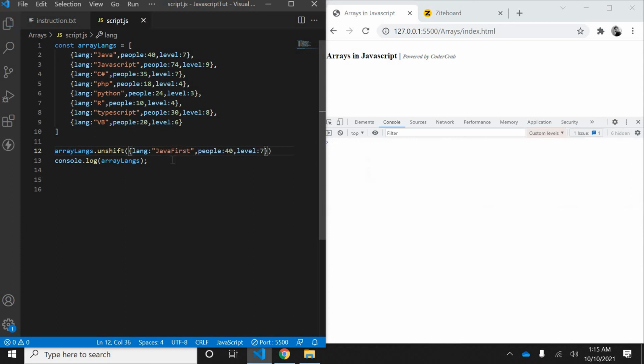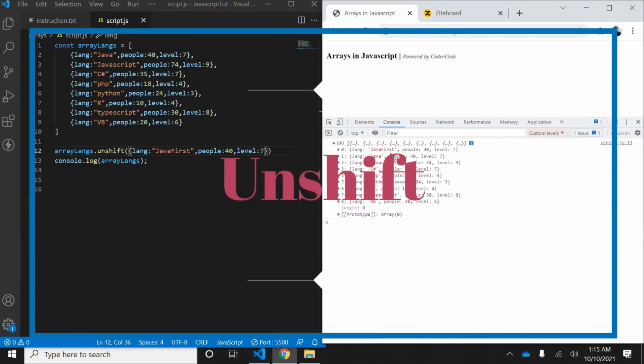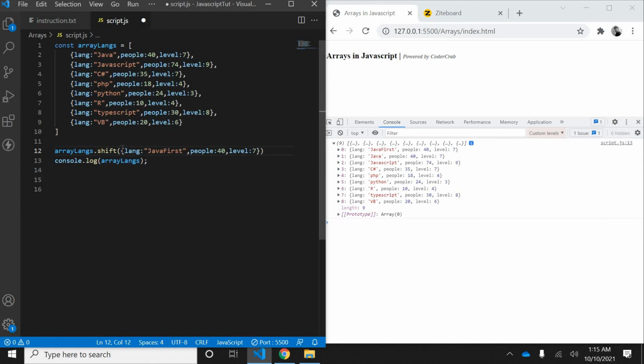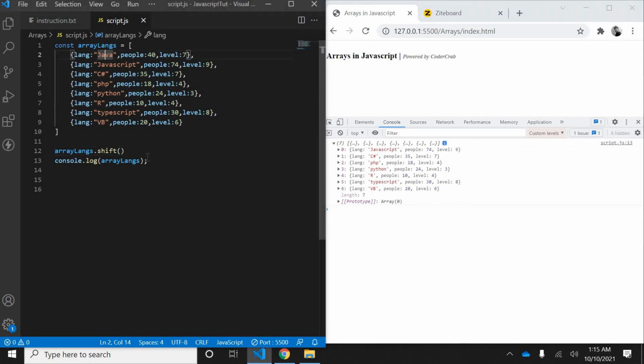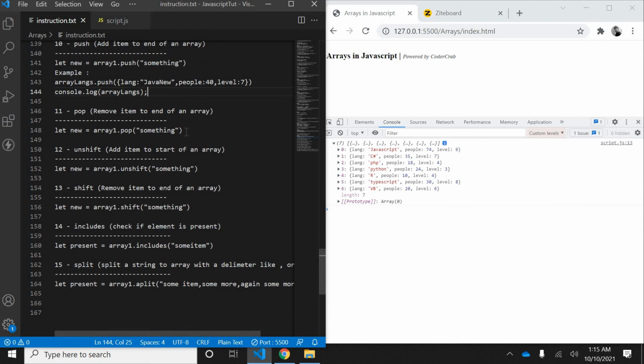I can say first, and you can see this element is the first, and if you do shift, then you can see it has removed the first element. So basically shift and unshift work in the reverse way of push and pop.